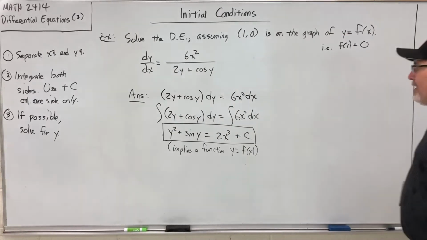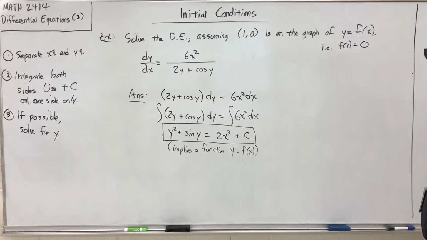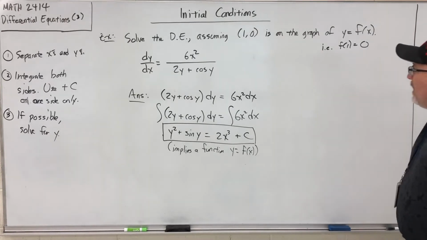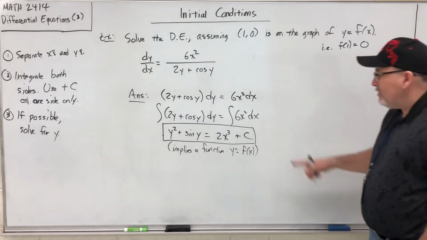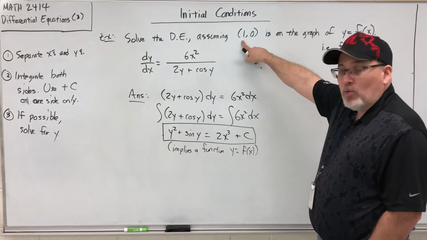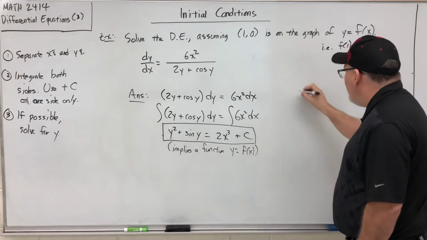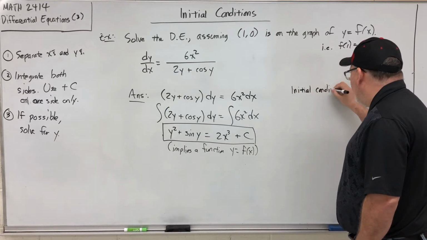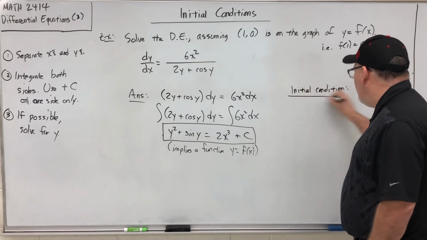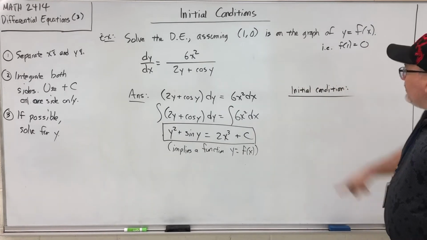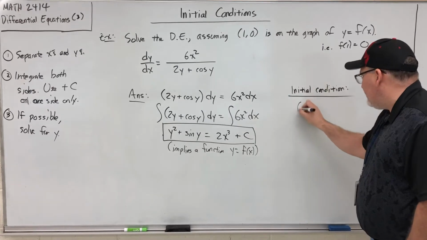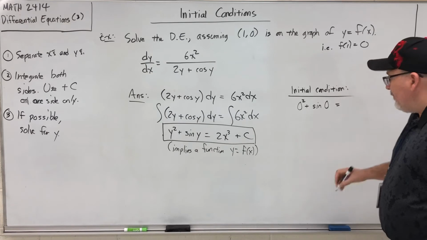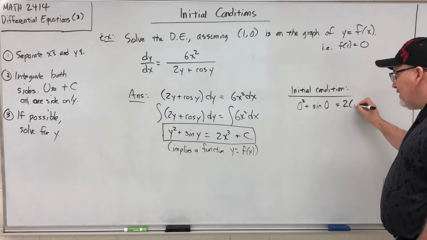But we're not quite done, because we need to make sure that our solution contains this ordered pair on its graph. In other words, we need to make sure that this equation is true when x is equal to 1 and y is equal to 0. So if we use the initial condition, let's substitute 0 for the y's. So we get 0 squared plus sine of 0. And 1 for the x. So we get 2 times,